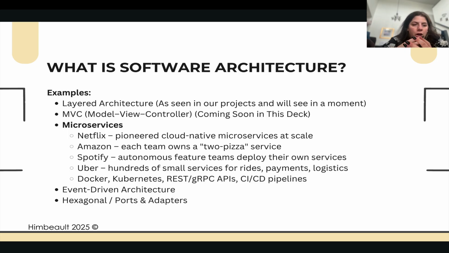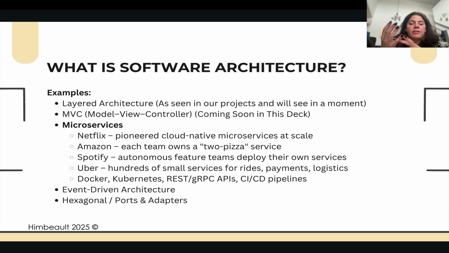Spotify empowers autonomous feature teams to basically deploy at their own speed, and they can deploy their own services this way because they're all sort of independent from each other. I mean, Uber is coordinating hundreds of services for rides, for payment, for logistics, for grocery shopping now, right? For ordering takeout. It's a massive team of a bunch of small services. All of these different companies and the way that they're